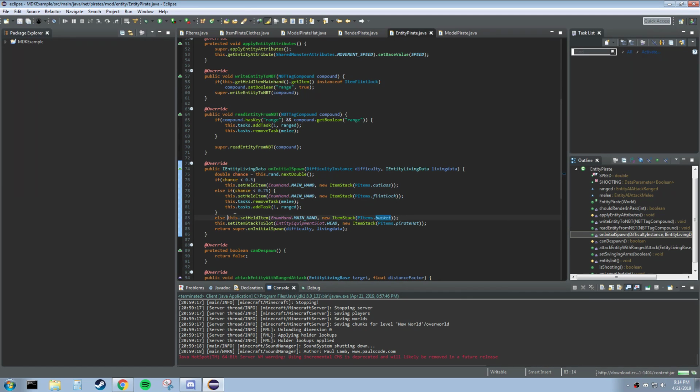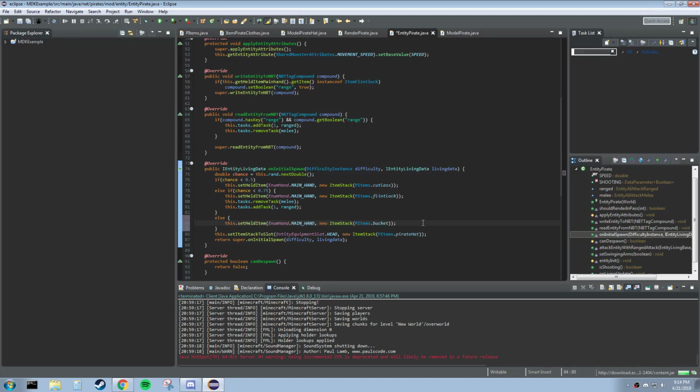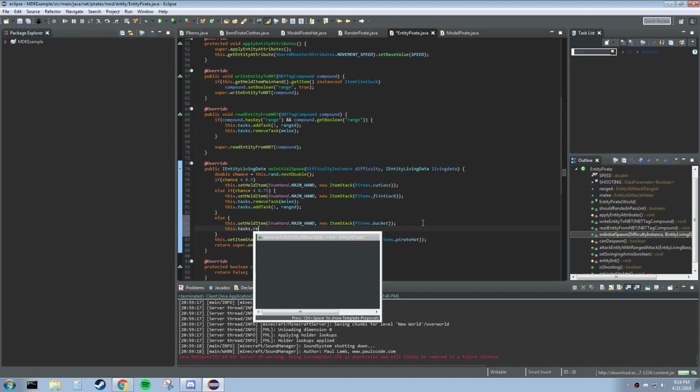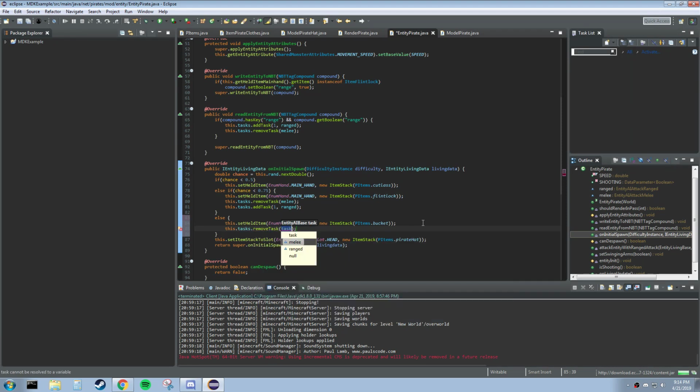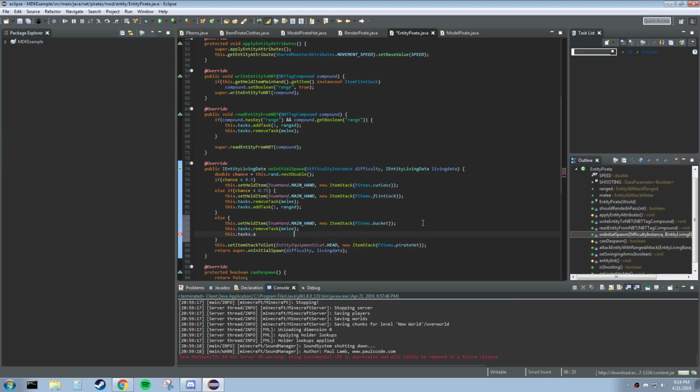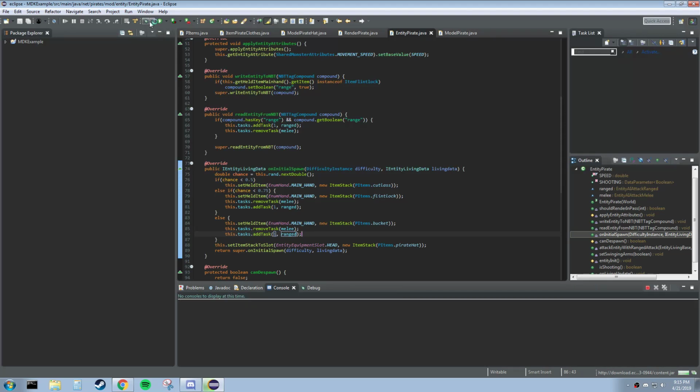And we'll say that if they do have a bucket, we want to get the tasks. We want to remove the melee task, fighting with swords, and we want to add a task to use a ranged weapon. And what a ranged weapon does in this context right now is always